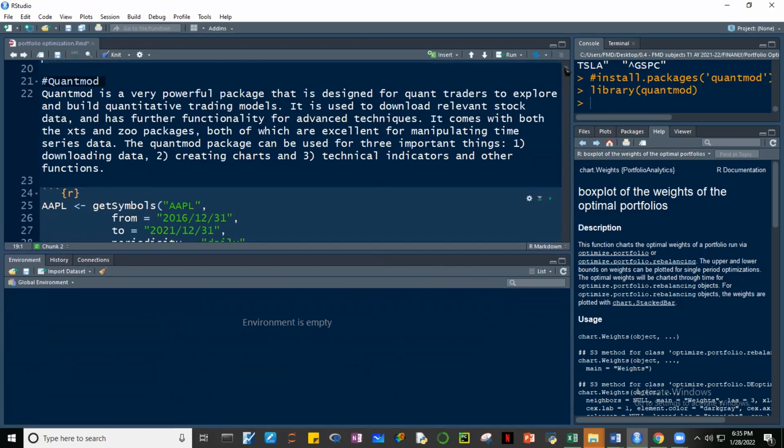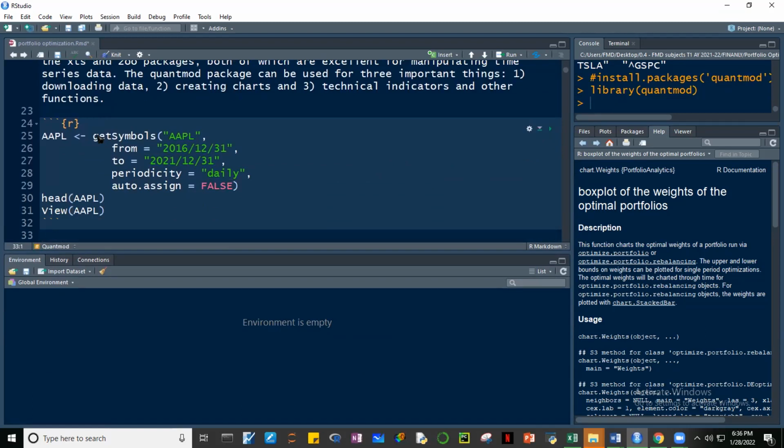You know very well that QuantMode is a very powerful package and it's used for importing data. It's also used for charting, for coming up with technical indicators, computing for returns, etc. So we'll have a brief review. You remember that getSymbols allows us to get stock prices. Here we're creating an object called Apple, AAPL, and you get the symbol of AAPL. The default is, even if we don't put here SRC, which means source,